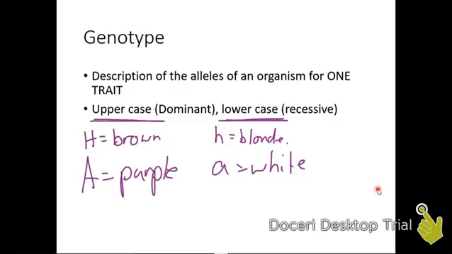Okay, you can use it, but if you do, make sure you're very, very clear. So for the purposes of this, I'll be talking about capital A being purple and lowercase a being white. So when we look at genotypes, you have some alternative combinations. Okay, you could have